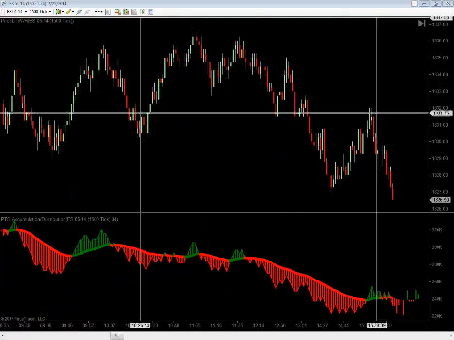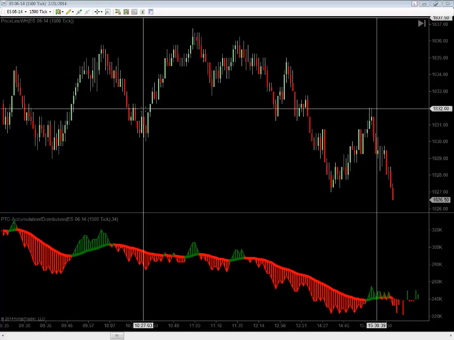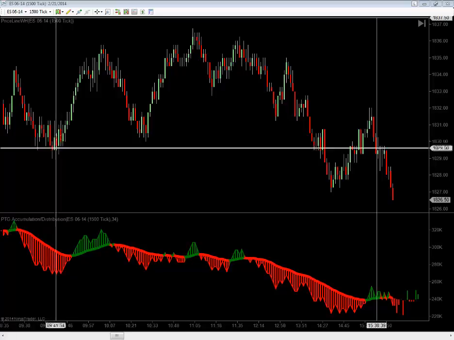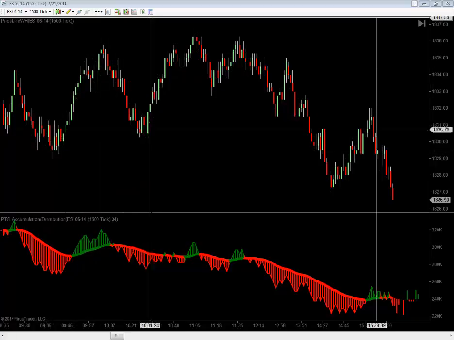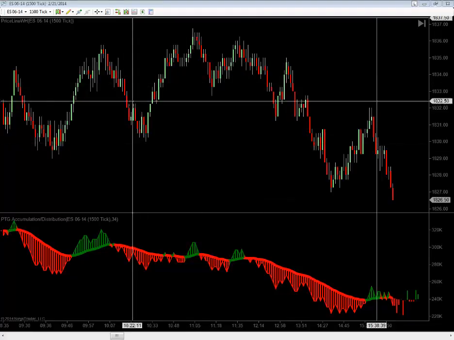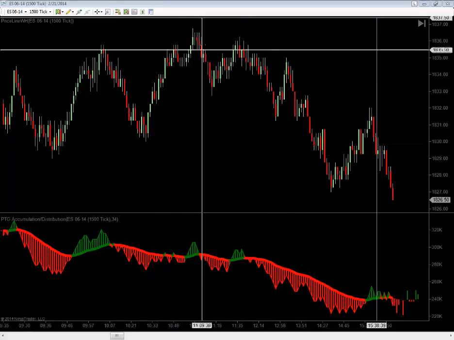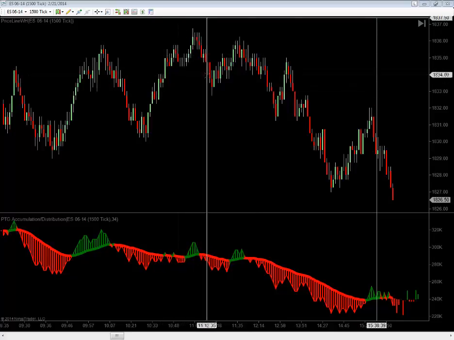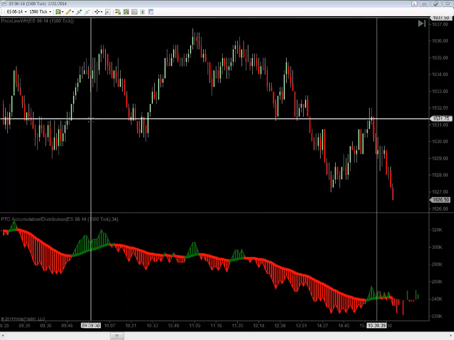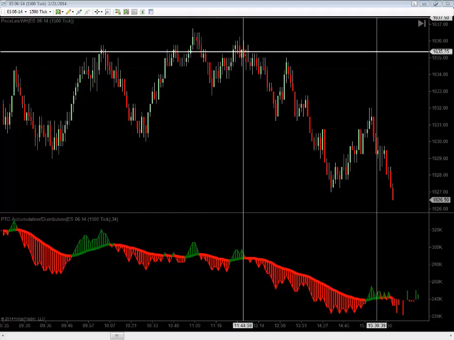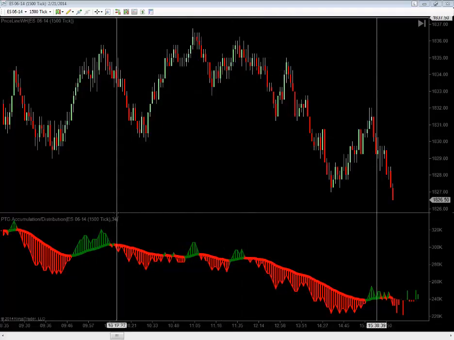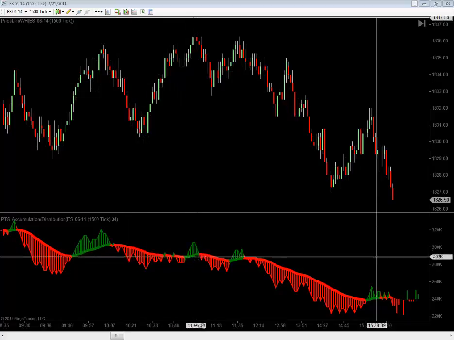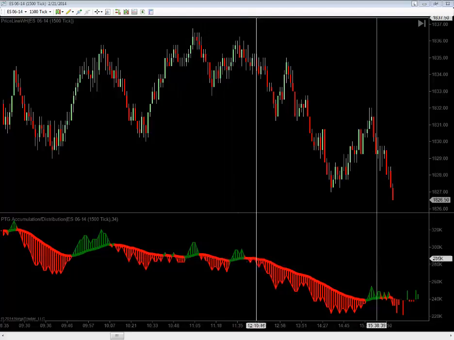I just advanced the chart a little bit to show one more example here. In this example, you can see that prices had more or less established a range-bound condition where price kept pushing up to the upper part of this range. And normally, if you're just looking at and reading price, one would think that perhaps this is setting up for another leg higher. Underneath the surface, you can see that the accumulation distribution indicator started sloping lower,